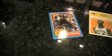It's easy to forget. How about a Nolan Smith 88 Fleer? That's kind of cool. Oh, it's numbered 61. Yes, that's what I was going to say. Look at that. I am a sucker for retro, and when you see designs like this, Flair, I like that. And they're on old stock, which just has that immediately different feel. So that's cool. It's kind of the anti-precious metal gem. That looks good. Michael Jordan,